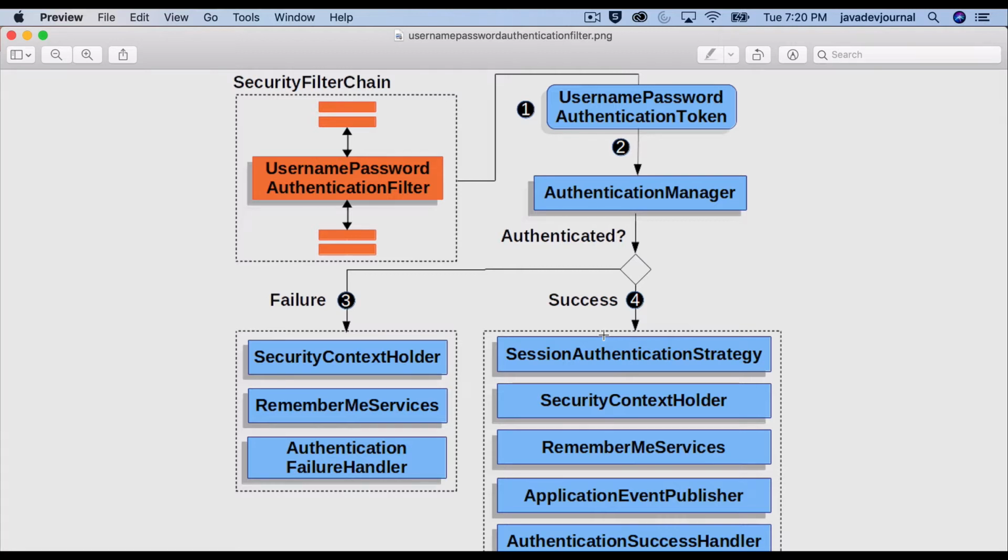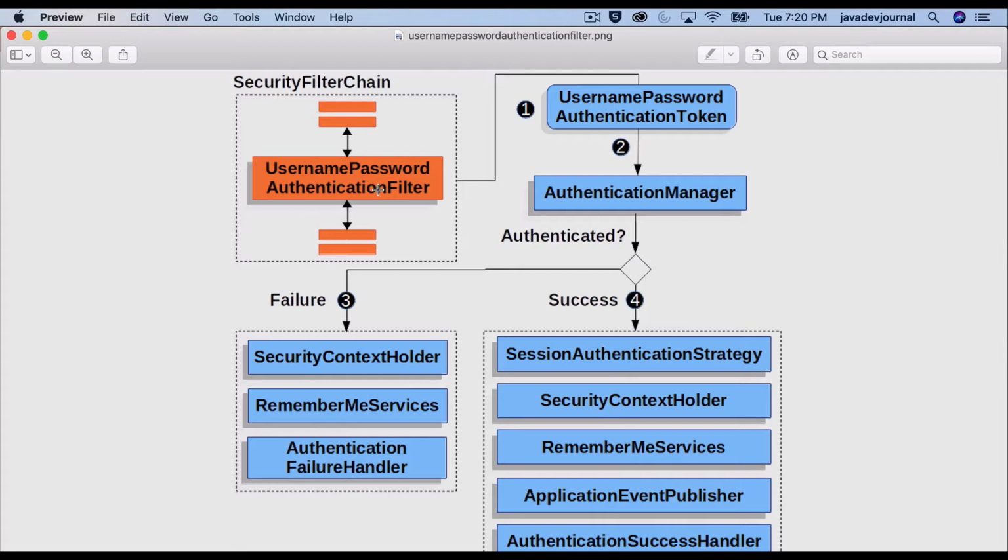Filters are nothing but a representation of your servlet filters, and Spring Security has a certain set of filters that perform certain functionality. In terms of a login process, we have a username and password authentication filter, right? That's part of one of the security filter chains. What it does is see if you are requesting username and password based authentication.